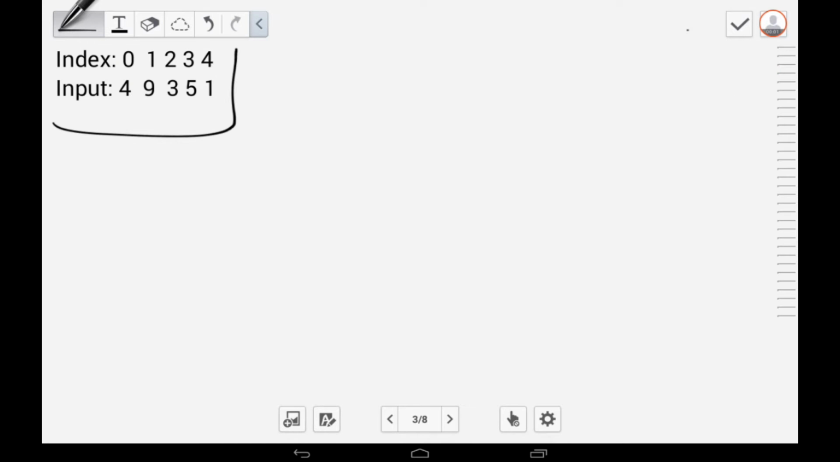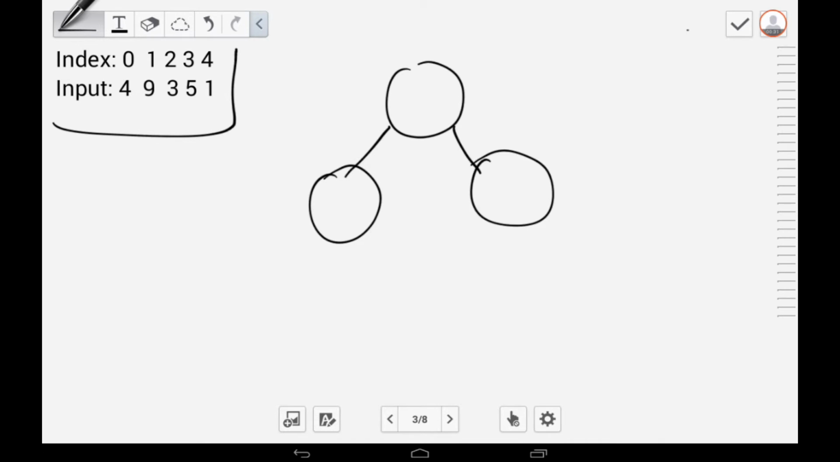So what I'll be doing now is showing you a binary heap with an example. The input array will be 4, 9, 3, 5 and 1, with the corresponding indexes in the array. What the algorithm does is first it has a build heap function, which first produces from the array of numbers a complete binary tree, and then from that binary tree it will then produce